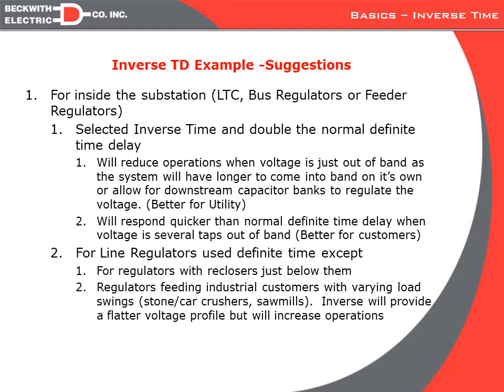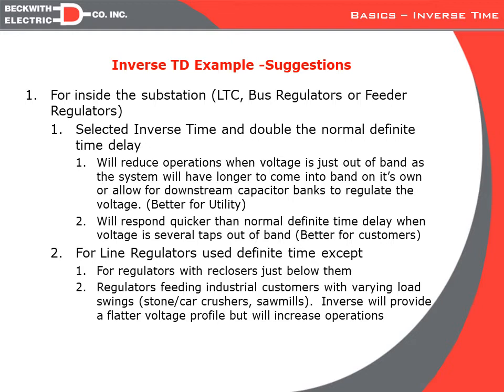So when we have a large discrepancy of voltage where the customer is experiencing problems, we can be much faster to react. Now for line regulators, we would typically recommend going with a definite time, except for 2 conditions. One where the regulator is close to or just downstream from a recloser, and the other is if we have a regulator that is feeding an industrial facility where their load varies greatly